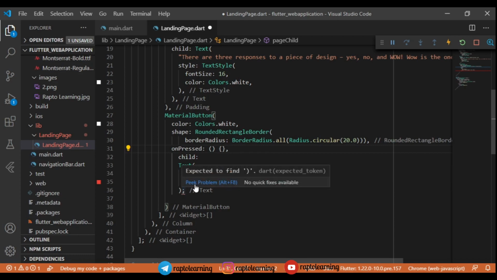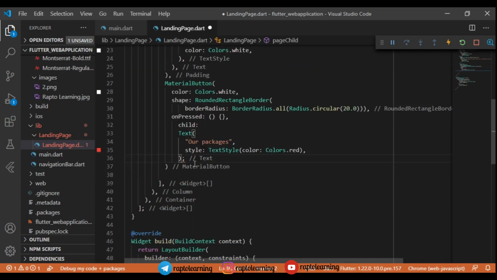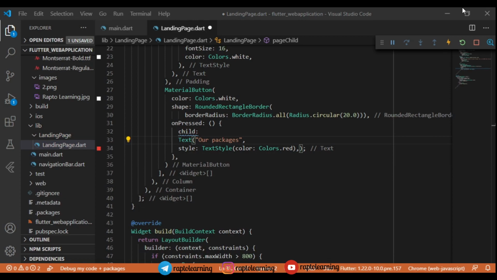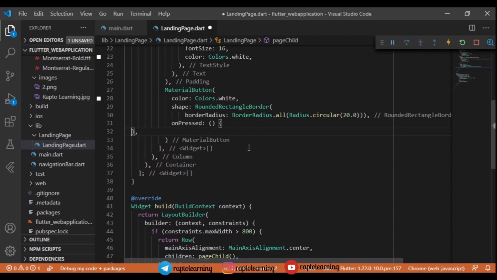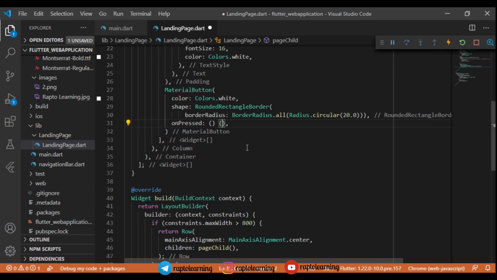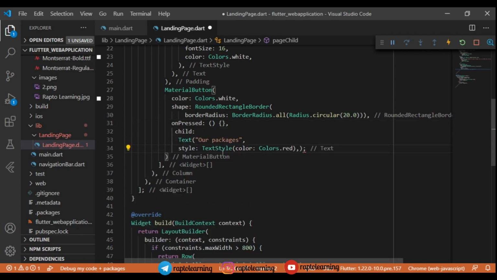So let's add this, and I will just do some changes. This is all fine. So let's fix this problem, and I found it. Here is the problem. I had not added a bracket here, so I have added it now. So let's save it. Some errors are caused in VS Code because you are not saving your files, right? So make sure that you save your files after each operation so that the errors are minimized. I will just copy this whole child and paste it after the onPressed activity. Let's save it and see what happens.